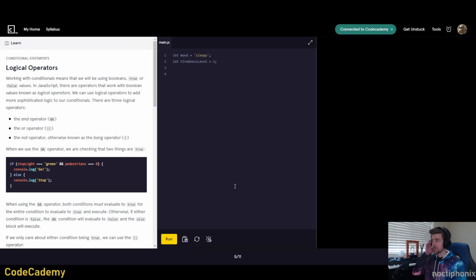Logical operators. Working with conditionals means that we will be using booleans, true or false values. In JavaScript, there are operators that work with boolean values known as logical operators. We can use logical operators to add more sophisticated logic to our conditionals. There are 3 logical operators: the AND operator, the OR operator, and the NOT operator, otherwise known as the BANG